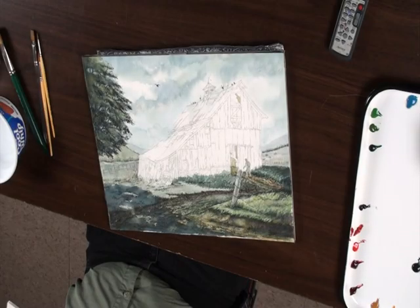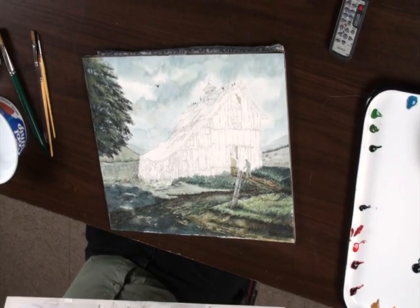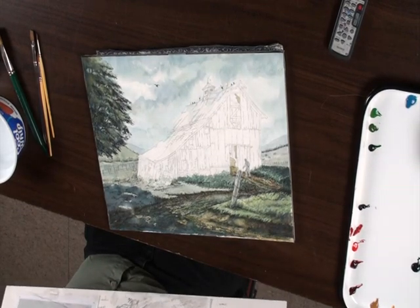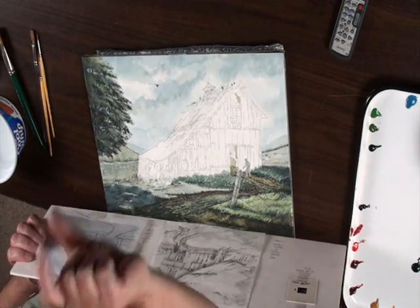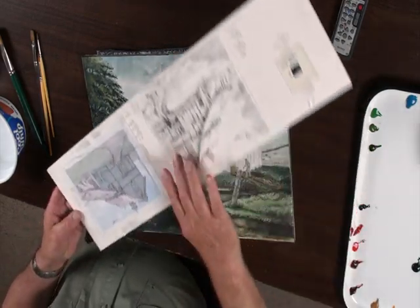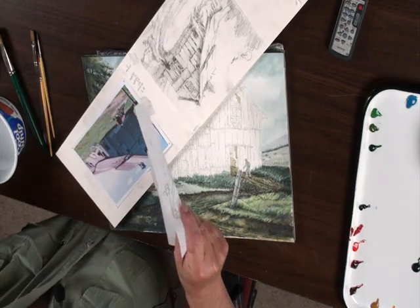I'll take the drawing and I'll reverse it through it when I do the other thing. But I'll draw out the basic layout of where things are that are important for me, so that I get those things in there. Take that off and you reverse it onto